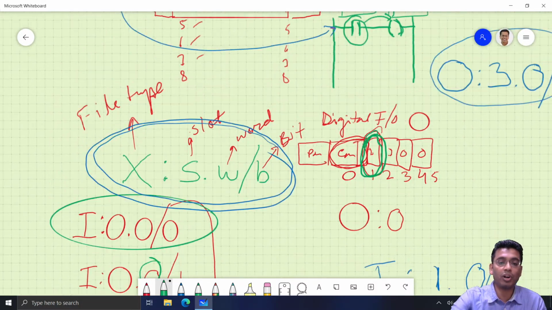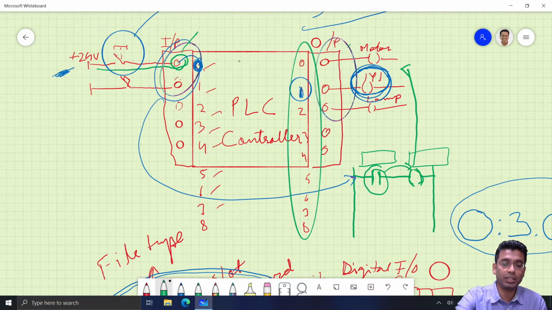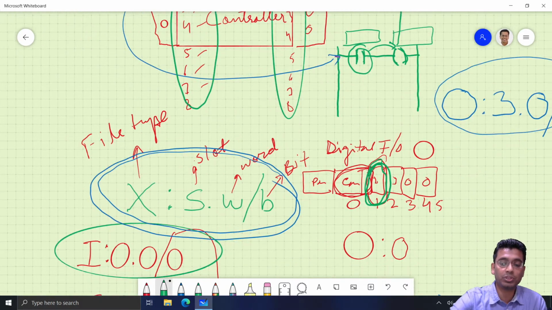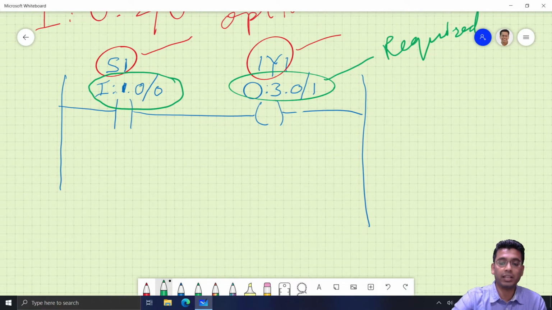Once that is there, you have to make the physical connection of all the input elements to the input module here, and then all the output elements to the output module here. Once you do this, depending upon all these bit addresses here, in case of a digital input, these are the bit addresses. You have to use this addressing further in the PLC diagram to draw.